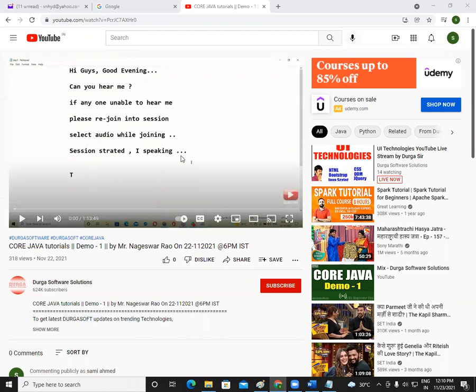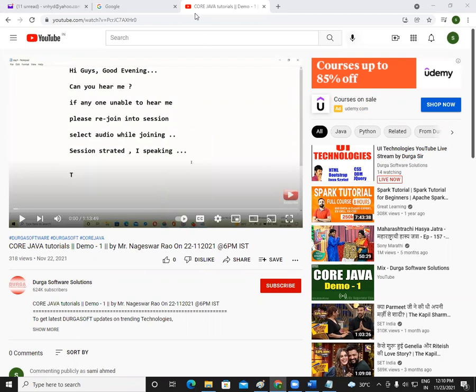Exactly, Ranjesh. It is running from your random access memory. It is running from your RAM. But suppose imagine there is an option here to download this video. So once you download this video, then the video will be downloaded into your hard disk. That is a very simple difference we need to understand. I repeat, right now the video is running from your RAM. But if you want to download this video, then the video will go into your hard disk.